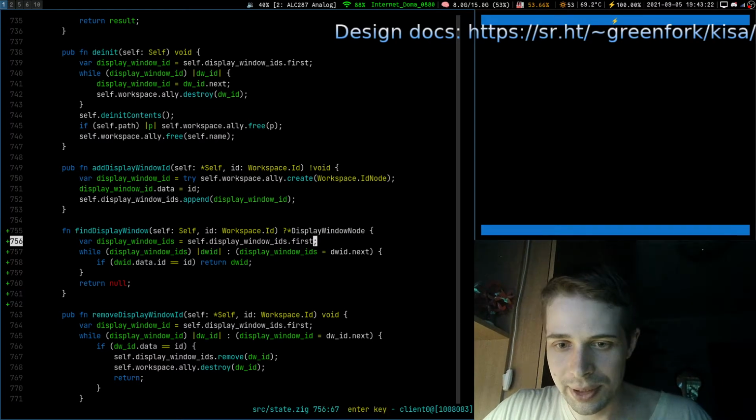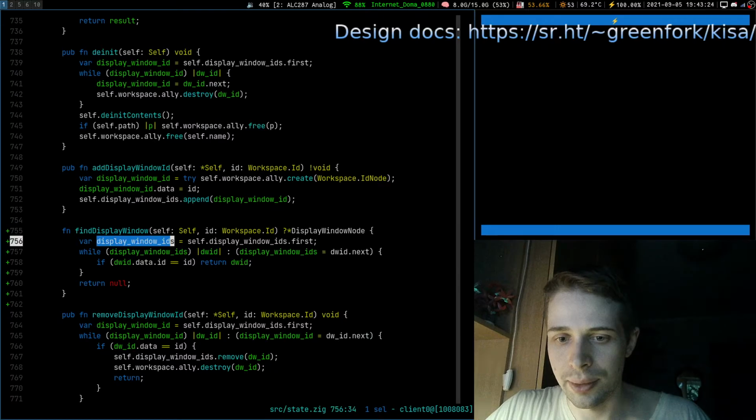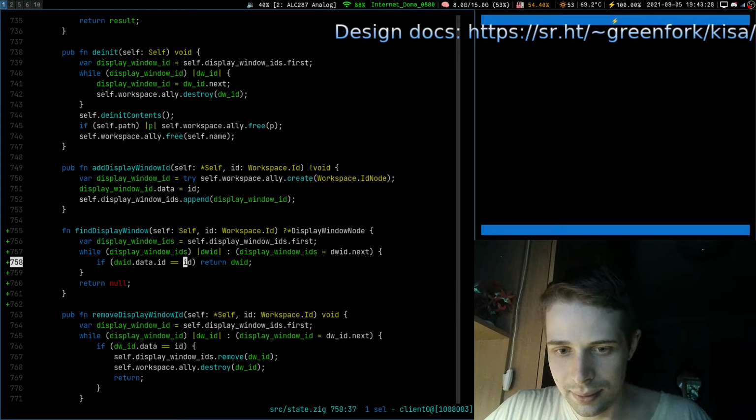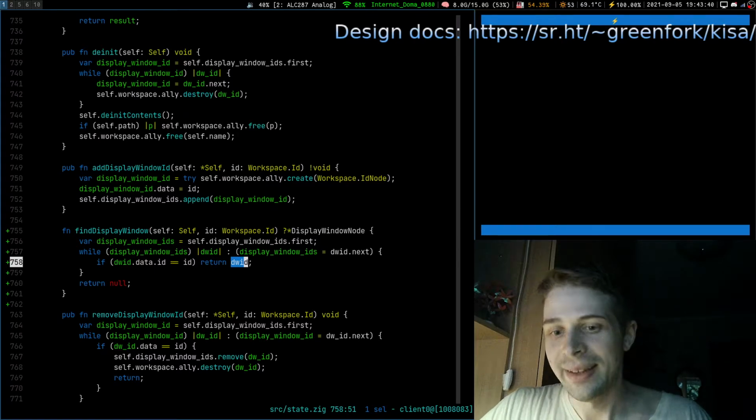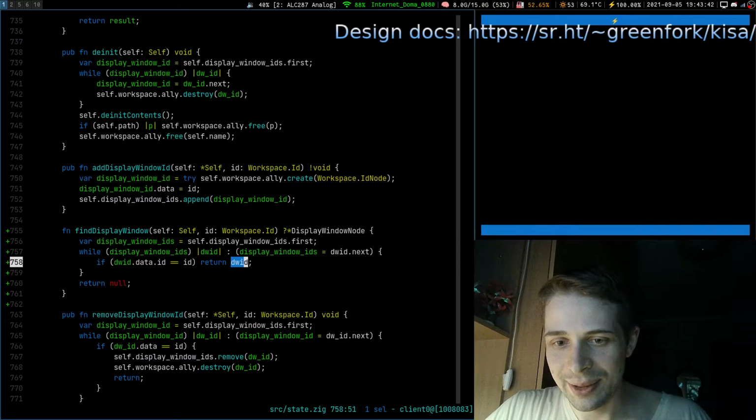And we just try to find the correct display window ID. Here we say that, okay, if we have our ID, we return our display window ID. Yeah, it is probably not entirely correct.